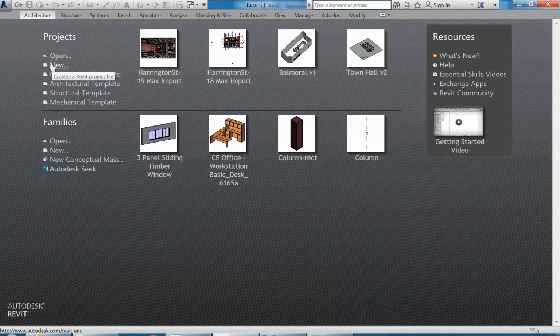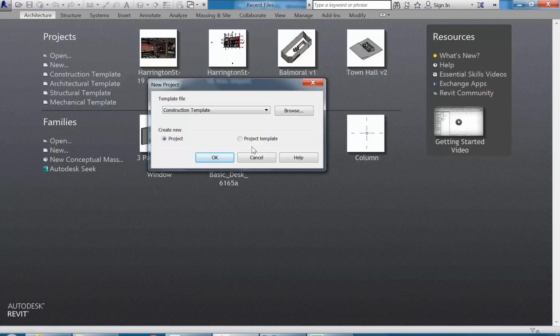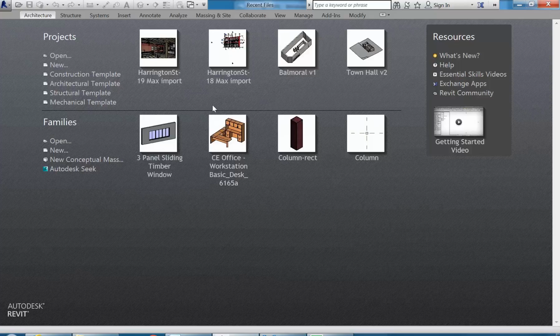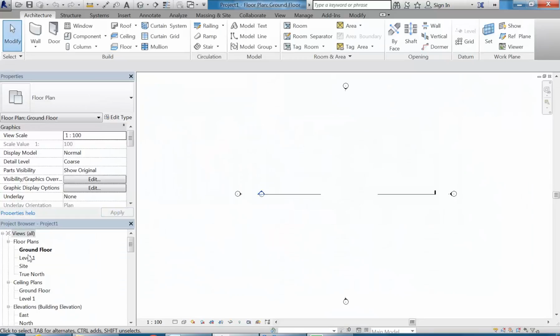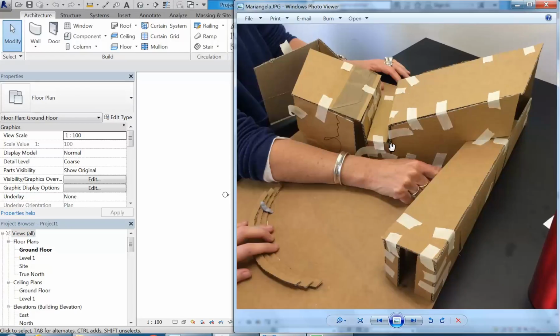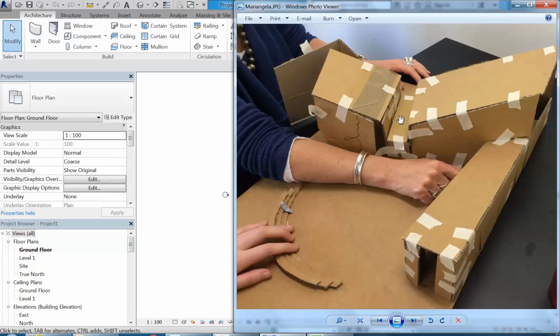So starting first in Revit though, I'm going to begin a new project file using the architectural template. If you have the shortcut on your desktop, you can of course use that. I'm just using the menu, so that's clear. And as always, just making sure we've got ground floor as the starting view. Okay, so you can see here that we've got a floor plane that is going to be the base for